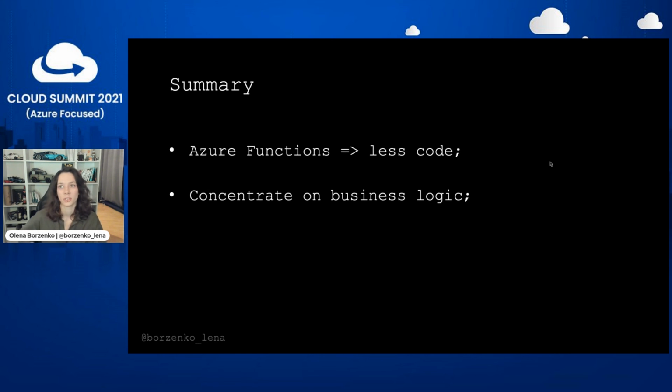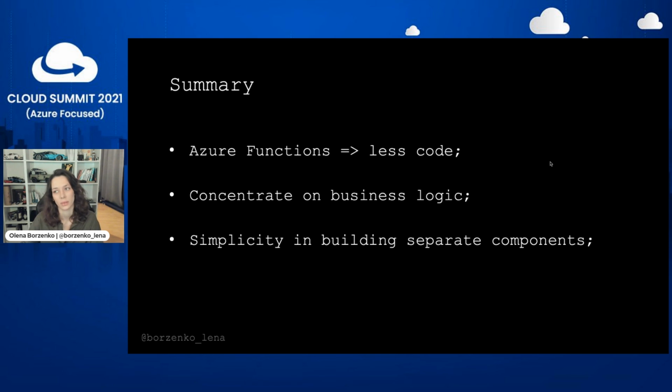having Azure Functions and Azure CosmosDB with change feed functionality, which gives us basically event sourcing out of the box with the ability to retrieve all the history. We really can concentrate on what to do with our data and how we can process it. We don't need to think about how to properly store it or optimize all those things. Azure is going to do all of this for us. And the last thing is that it also gives us simplicity in building our separate components. We have independence